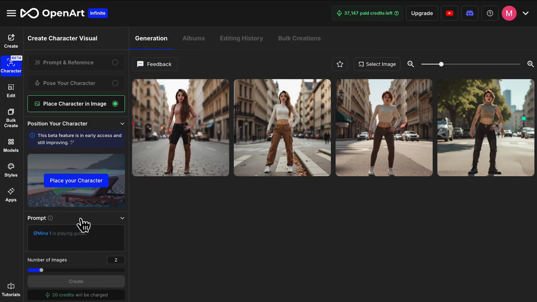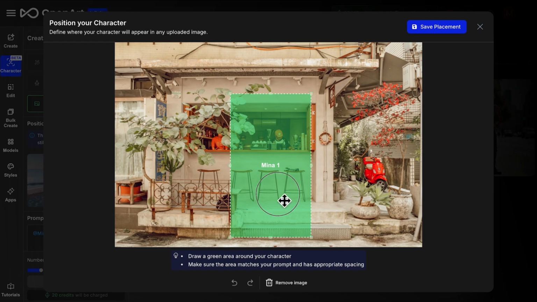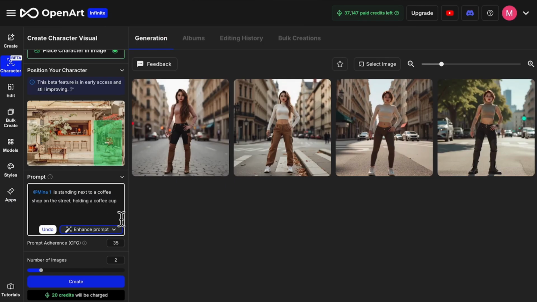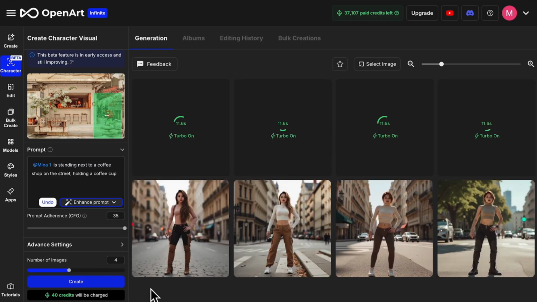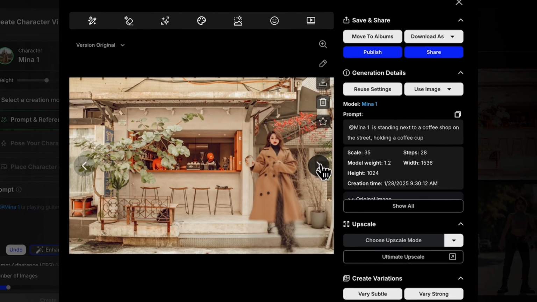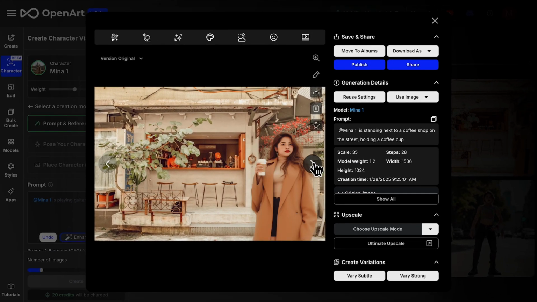Let's also explore the Place Character in an Image feature. Simply upload the image where you want the character to appear and adjust their placements as needed. Then input a prompt and hit Create. The AI will automatically adapt your character style to match the image and seamlessly integrate them into the scene. While it may not be perfect in this beta version, it's an exciting step forward in giving us greater control